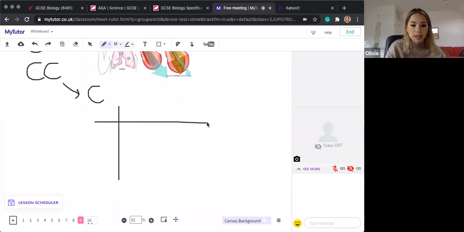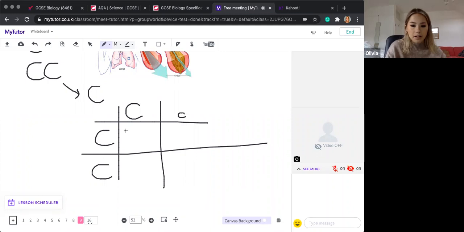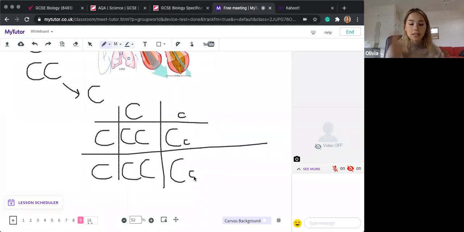So we're going to draw mum's gametes on the top: big C, little c, and dad's gametes on the bottom, big C, big C. Combine them together: 2 big C's, big C little c, 2 big C's, big C little c. Do any of these children have cystic fibrosis? Can anyone tell me? No, exactly, because half of them, 50%, would be carriers, but they don't actually have it,